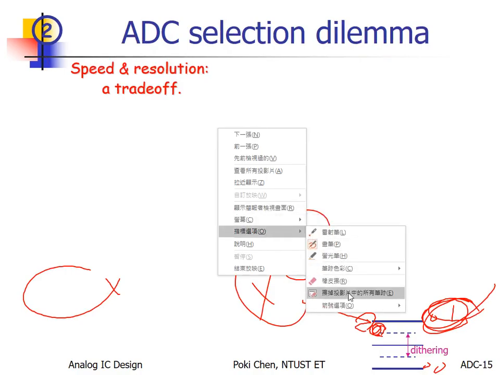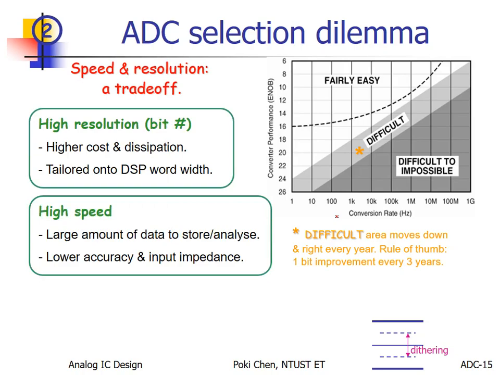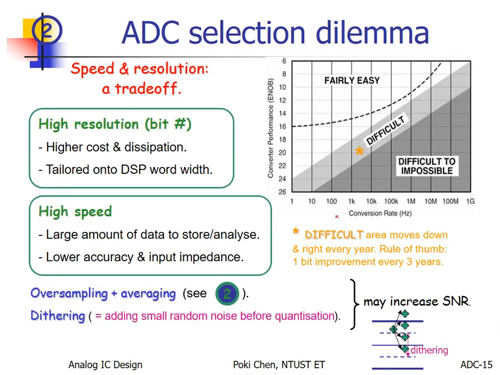So if you get some kind of random noise, the noise magnitude should be large enough. We require about at least 1 LSB or something. I mean the spread, at least 1 LSB, otherwise it cannot help. So for example, you are here, and for 4 times oversampling, in addition to noise, then you get this, and that.